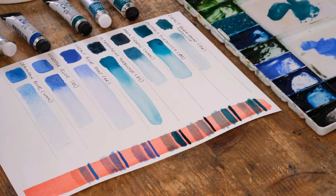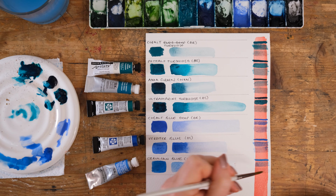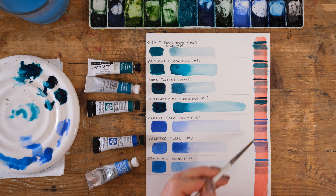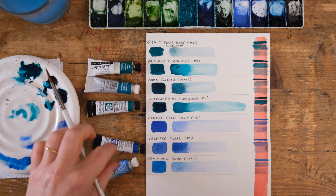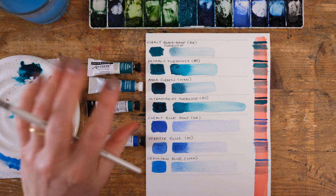Okay, so that is a gorgeous colour, but it's starting to, oh, wow, hardly anything on there, wow. It has become clear to me through that layering process that this Verditer Blue is going to be the best alternative for Cobalt Blue Deep. So I'll take you away. And then for these ones,